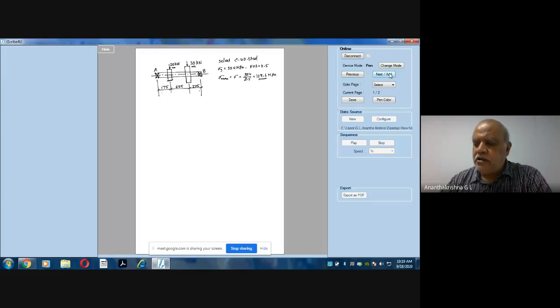Now, this shaft is subjected to multiple loads of 20 kilonewton and 30 kilonewton. Essentially the shaft is subjected to bending because of the application of load. The shaft is going to bend like this. We need to find out the maximum bending moment occurring on the shaft, because there are two different loads with different magnitudes.